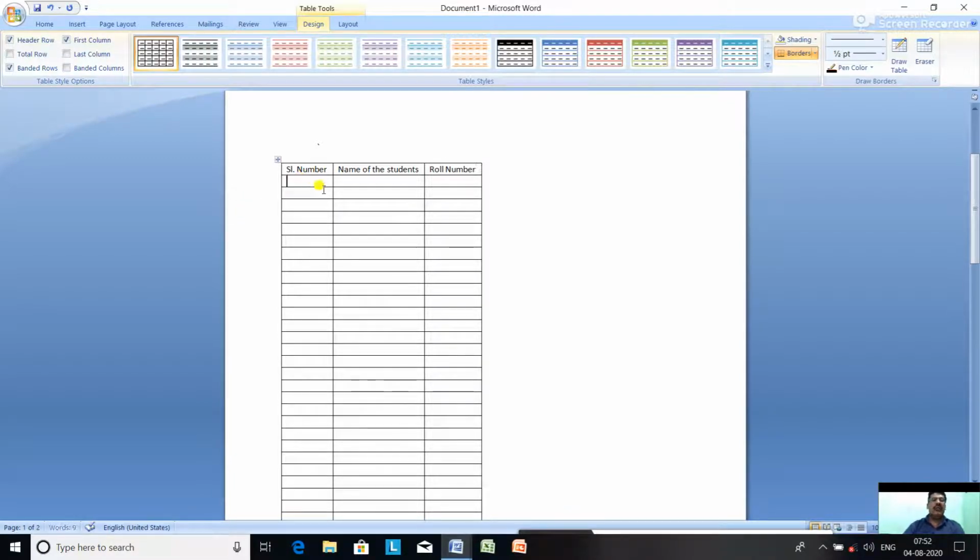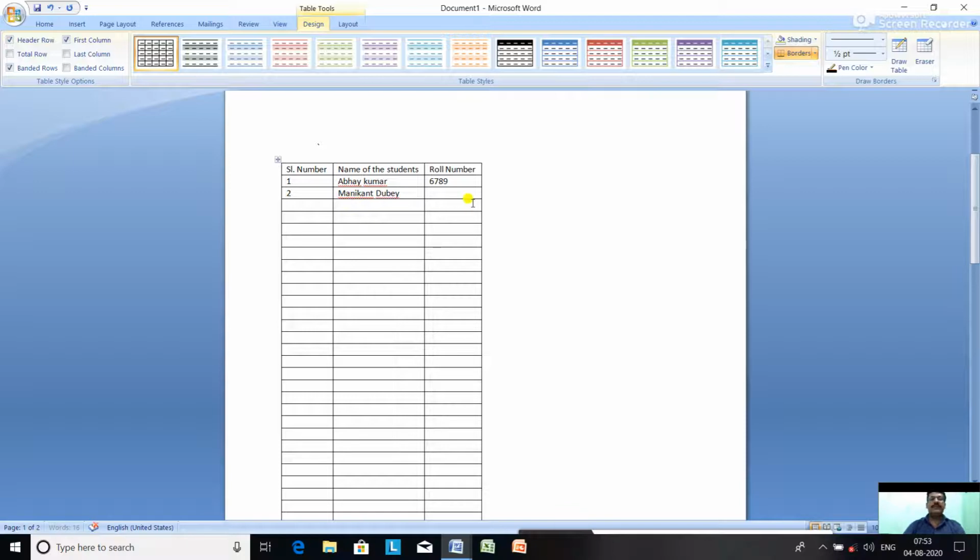Now come down, click below, write serial number 1. Now in the name column, type any name, suppose Abhay Kumar. Go to the roll number column, you can type any roll number. Same way, serial number 2. Type serial number 2, name, any name, suppose Manikant Dubey.